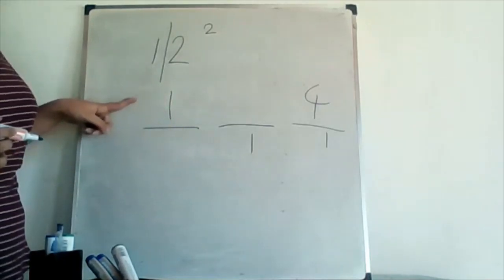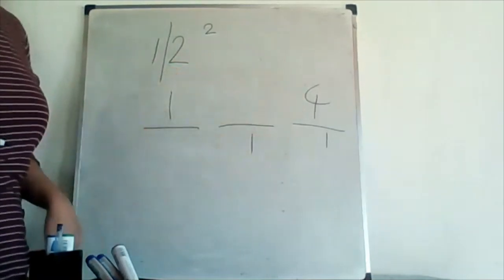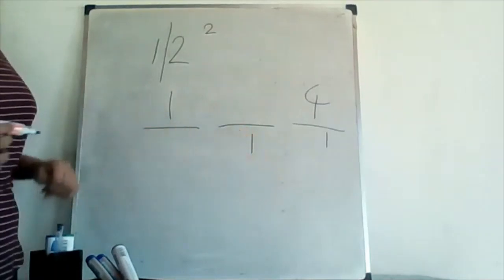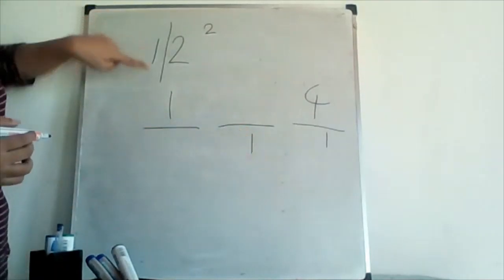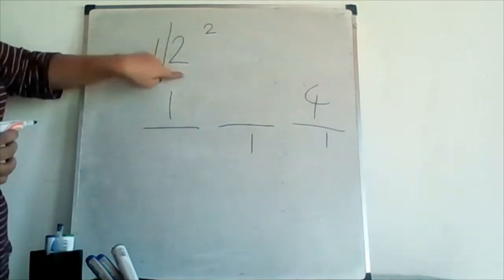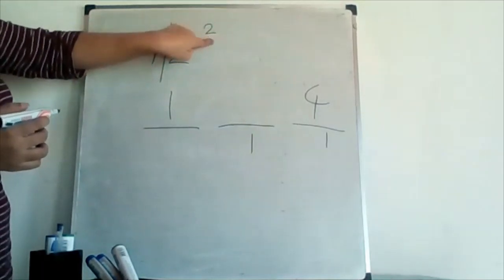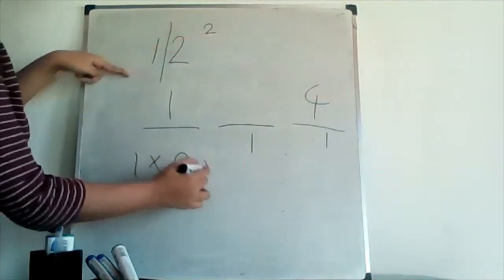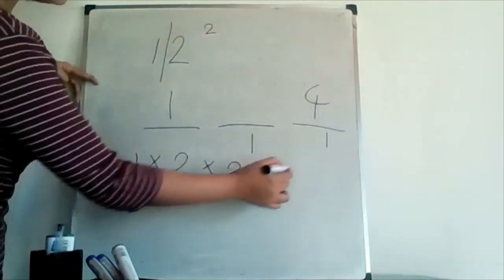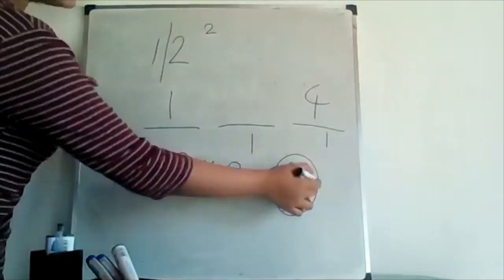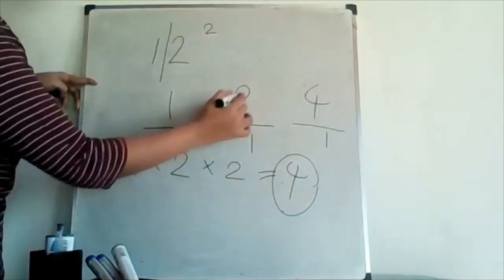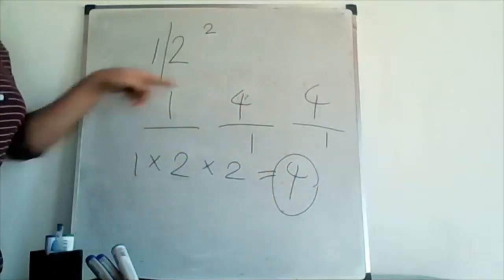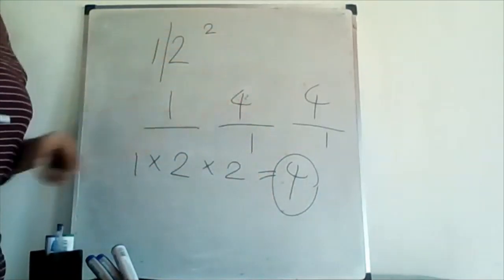Now we have found the values for the first group and the last group. After that, we have to find the value for the second group. For the second group, you have to multiply the first group, this 1, by this 2, and after that by 2 again. That means here it is 4. So this is the value for the second group, that means 4. That means finally we have the value for 12 squared, that is 144.